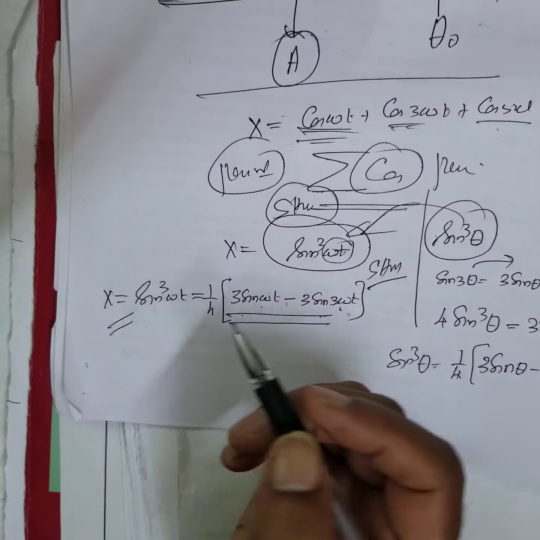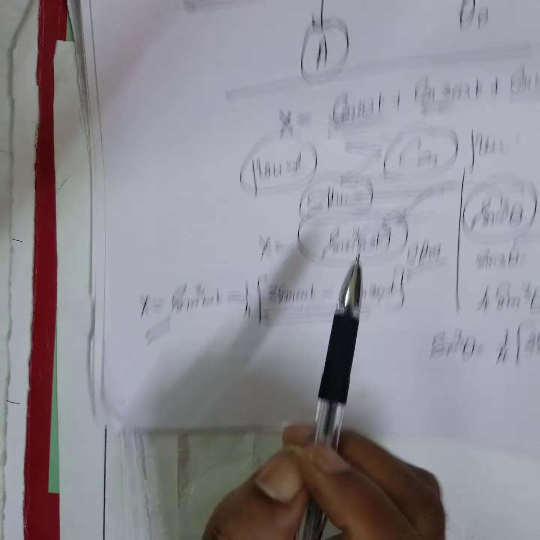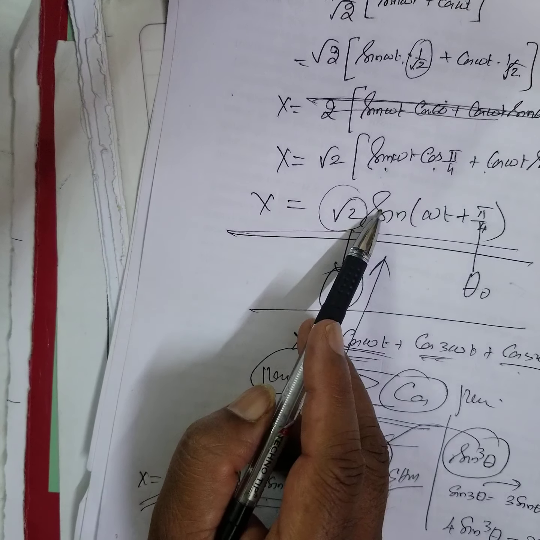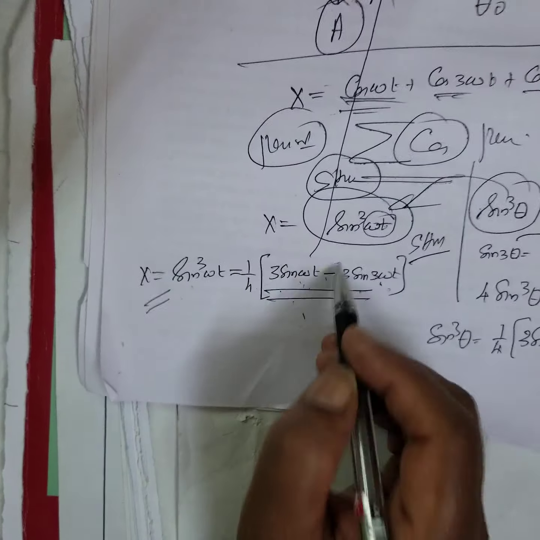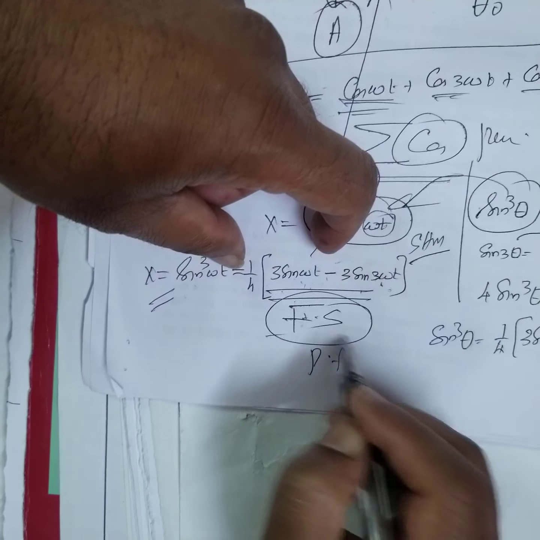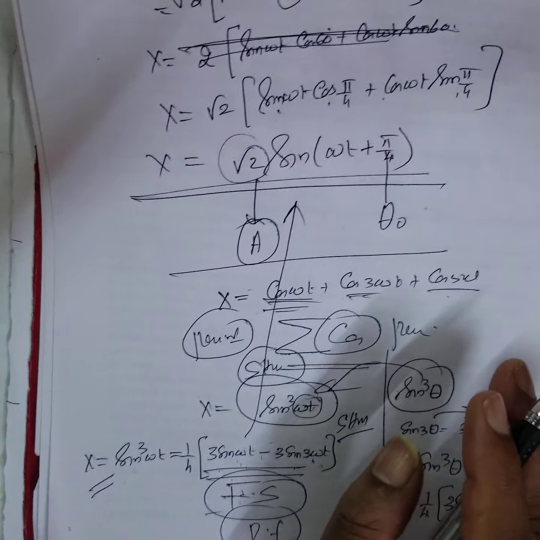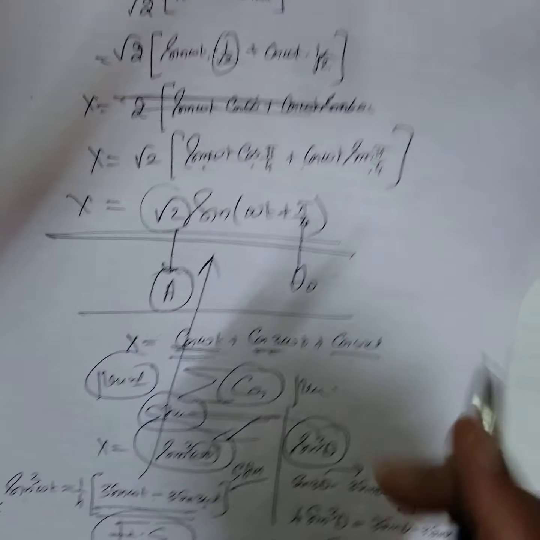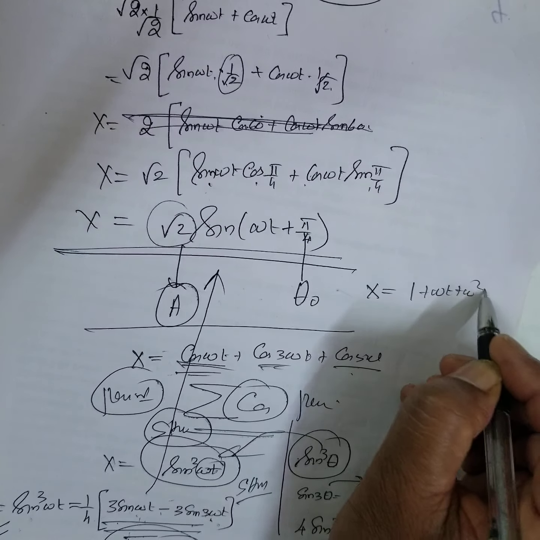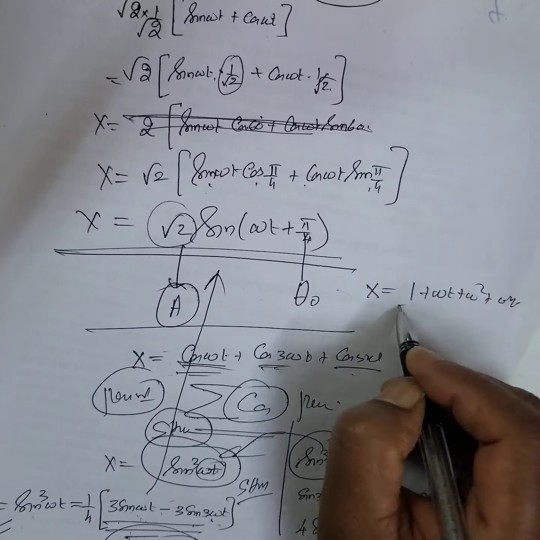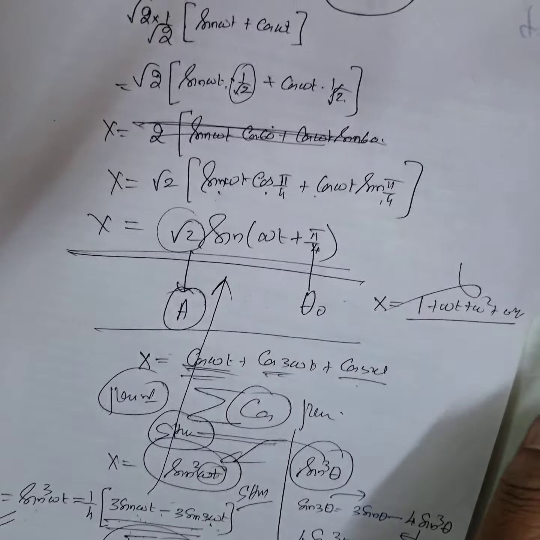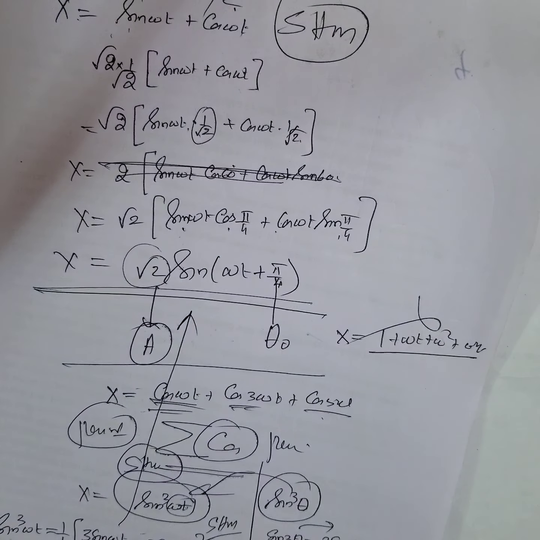Is it a simple harmonic motion? Here, is it possible to express like this? That is the question. Can you bring it back to this? Very difficult. Therefore, this is also according to Fourier series. Fourier series is for a periodic function only. When they give this one, suppose the function is x is equal to 1 plus omega t plus omega square t^2, like this. Is it a periodic function? No. Now out of this, they give 4 choices. This is one question they have asked.